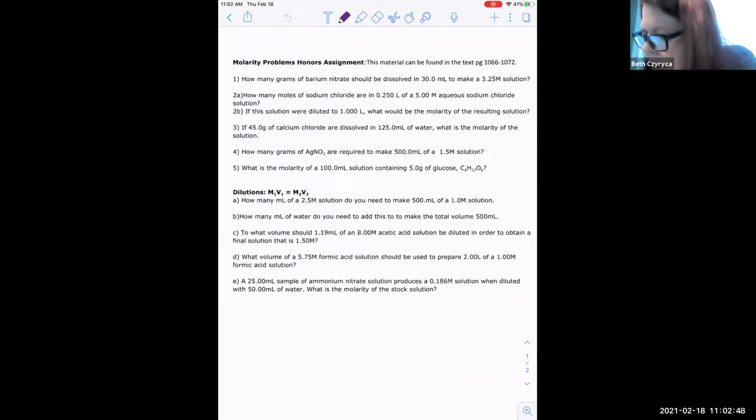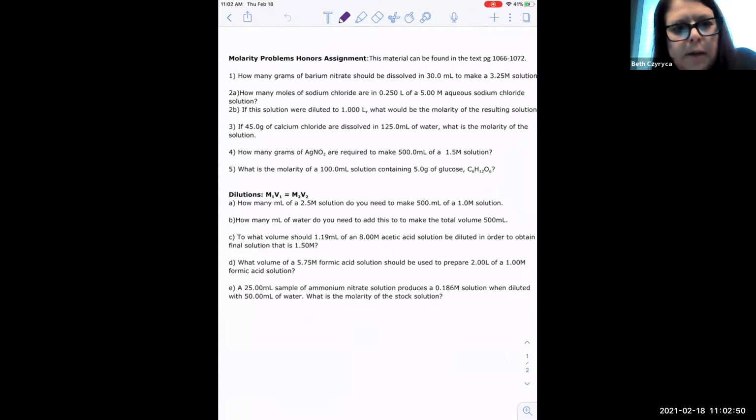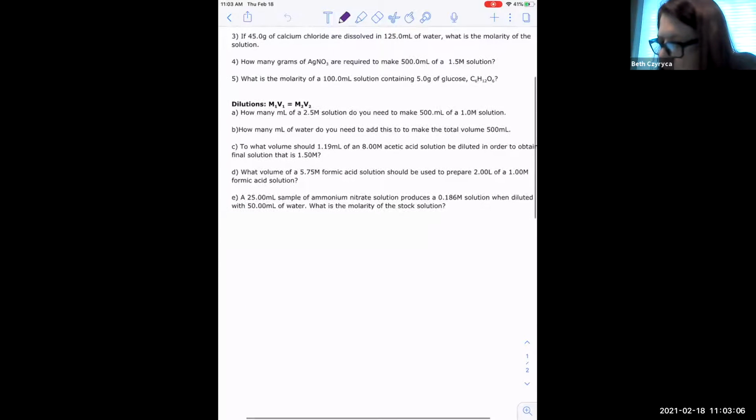So we did a few of these. I'm going to go ahead and start at the top again. I think we did 1 and 2 when we were together last. So I'm going to start at number 3 and refresh your memory about molarity, and then we'll move on to the dilution problems that we're going to do in the lab. So what we're going to do in the lab is we're going to make a solution. So if we look at number 3,